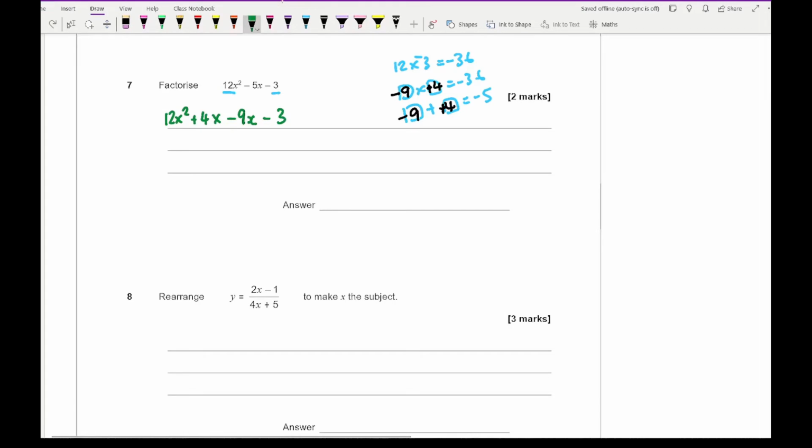So then factorising the pairs, I end up with 4x, and I've got 3x plus 1 minus, and then I've got 3, and if I factorise the pairs here, I've got 3x plus 1, and there we go. And then what I've then got is one bracket is going to be 4x minus 3, the other bracket is 3x plus 1. And moving on to question 8, it says